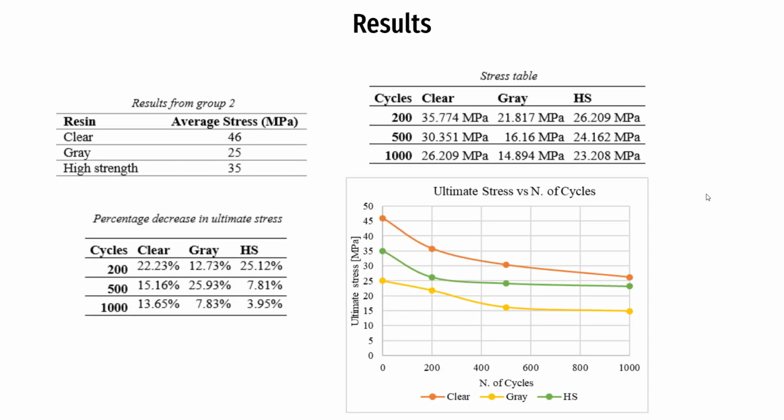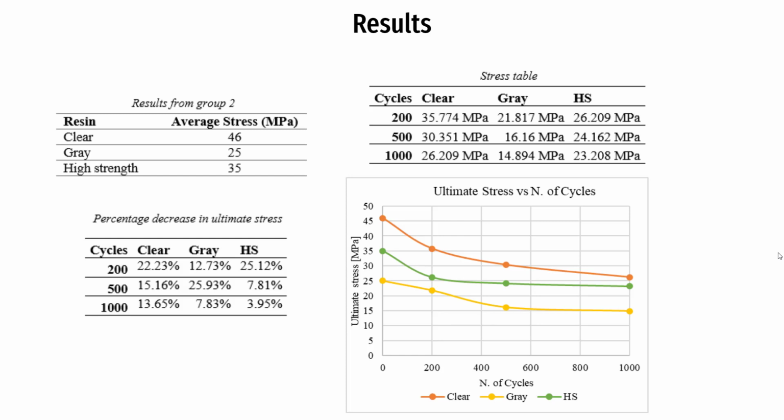Okay, so first we made the wear test where we make these cycles to wear these bolts. And with this tension test that we made to break these bolts, we can calculate the stress that we need using the cross-sectional area of the bolt, that is 63.89 square millimeters. With this stress, we can compare these results with the results from group 2, where they didn't make this wear test first. And we can put together and compare and show the graphics ultimate stress versus number of cycles,